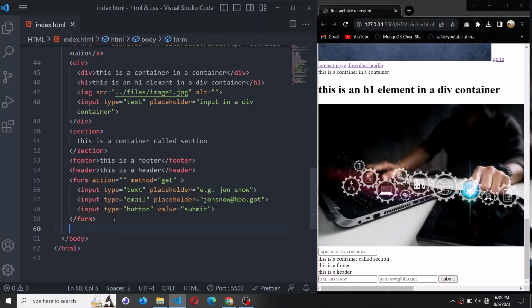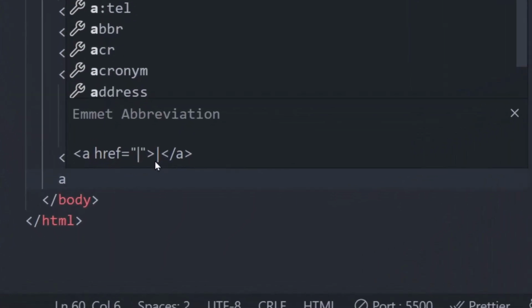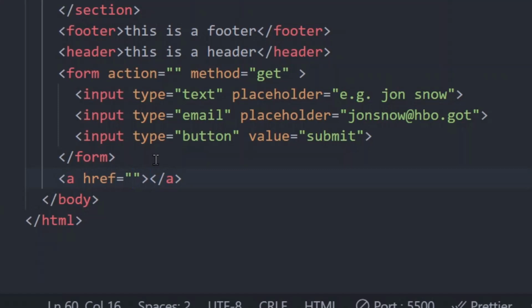So I'll go ahead and create a new anchor tag by typing A and hitting enter. I'll give a link text that says email us. And as the text implies, we want users to be able to send us an email when they click on this. And to make sure that this functionality works just fine, we have to supply an email address users can send their email to. Okay, so we provide an email by beginning with the mailto keyword followed by a colon and then the email address we want users to send their message to. So I'll say